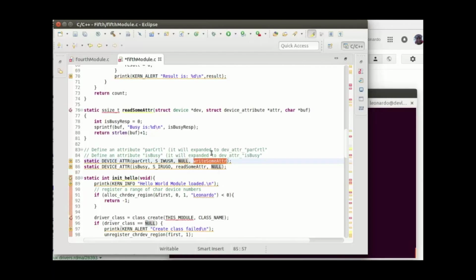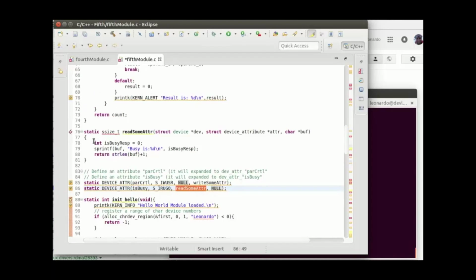Here is what will happen when this function, when this attribute, sorry, is written, okay. Here the same thing, but actually we have just one attribute, busy, that is only read, so we just pass this callback. And here is going just to create a string response saying busy is 0,